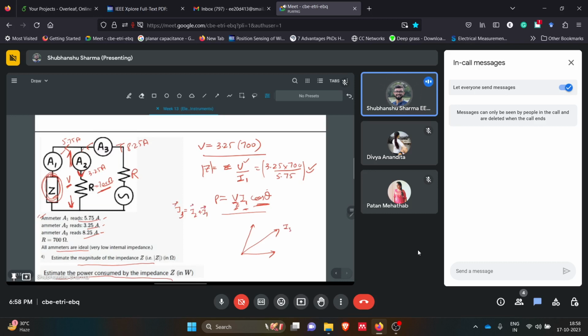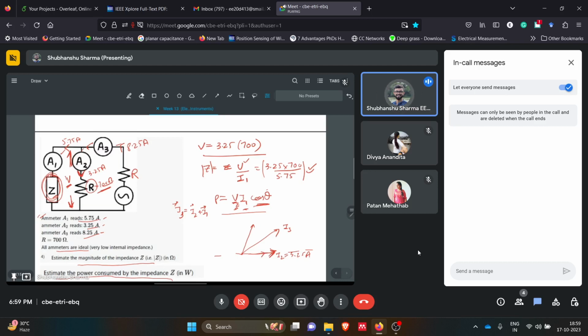This is I3, the resultant of I1 and I2, and I2 is this, that is 3.25 amperes. Why? Because this is a resistor and we are taking this as reference. So we are taking I2 as reference,